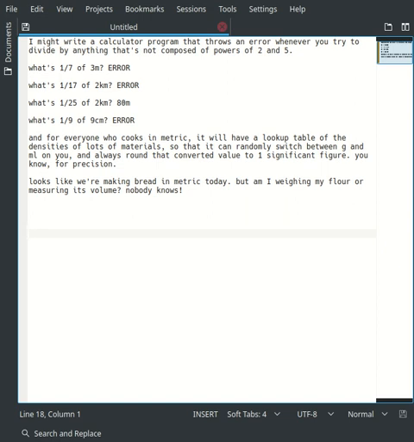Haha. But what about 1/9 of 9 centimeters? Error. Because 9, it doesn't play fair with base 10. So we'll just get rid of it, right? Because base 10 is the best thing ever. That's what makes metric so good, because it uses base 10. Base 10 is absolutely superior. So anything that just doesn't get along with it, we should just throw it away.